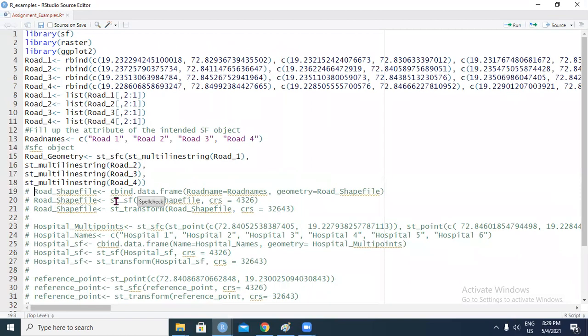So what you need to do is you need to cbind it, so you need to bind the geometry to the attribute. So the geometry portion is defined by this, and the attribute portion is defined by this. And you need to basically force a data frame.